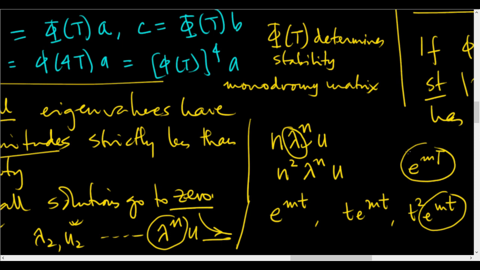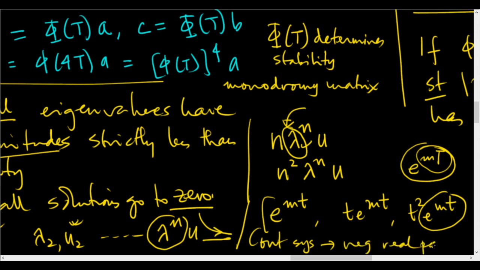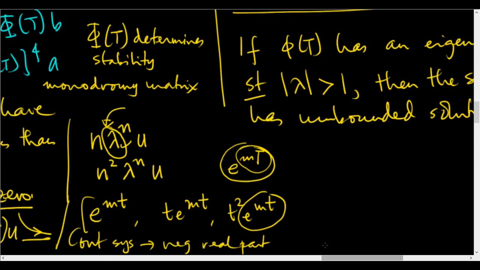So if m is complex, then this can be real or complex, it can be negative, you know, it can be many different things, but the magnitude of lambda depends on the sign of the real part of m. So for the continuous system, we need negative real part in eigenvalues,